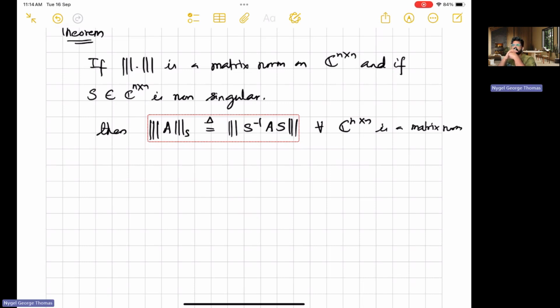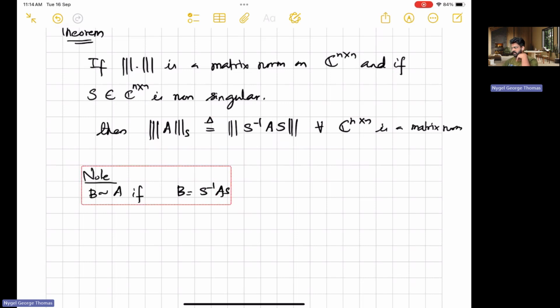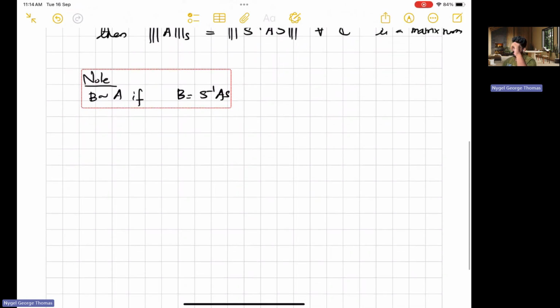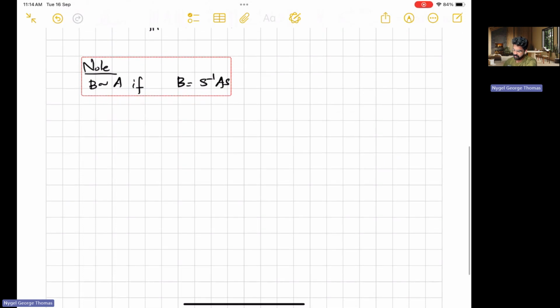So let's try to prove this. S inverse AS is actually a similarity transform. So this is like a side note. B is similar to A if we can express B as S inverse AS. In this case, we say A is similar to B. Okay, we'll discuss this in more detail later. But let's try to prove this. For the proof,